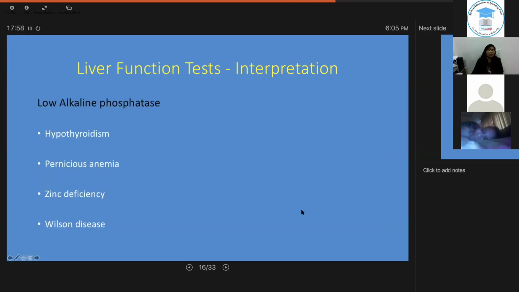We always talk about raised alkaline phosphatase, but look at the low alkaline phosphatase. This is also a very important parameter. If alkaline phosphatase is low, look for hypothyroidism, look for pernicious anemia, look for zinc deficiency and Wilson disease. This is not a very common condition, but in liver diseases, when we work up our patient, I remember a case of